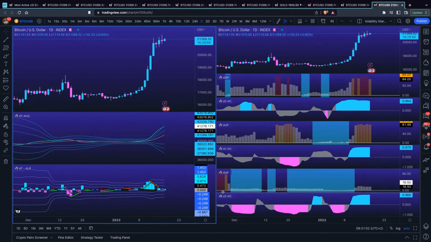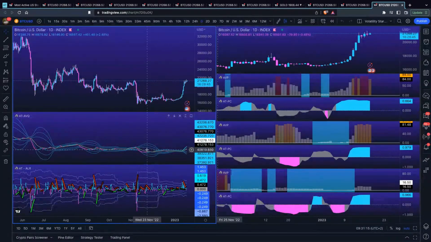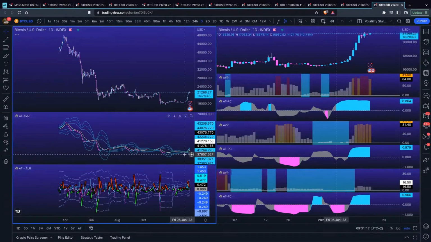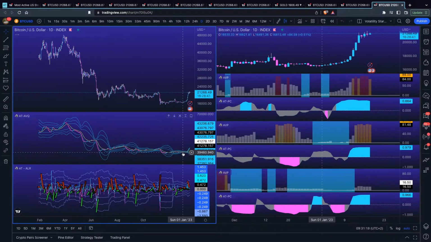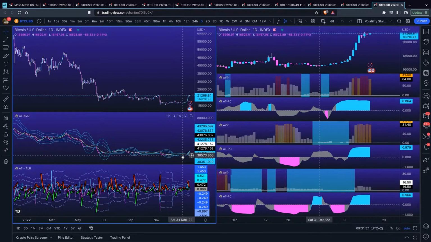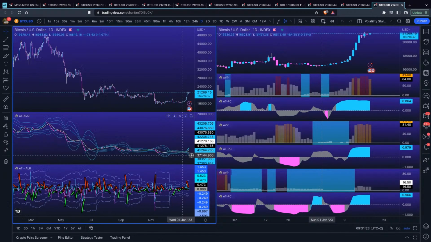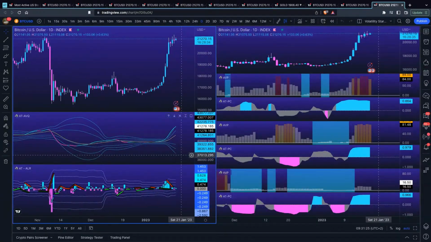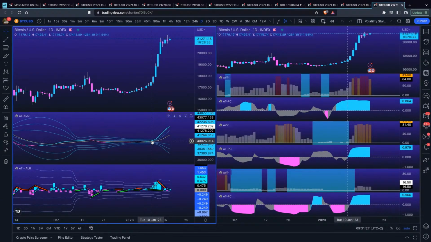And on this chart, we see some of the volatility tools. Here's the Alpha Volatility Quality indicator, and it's showing you that we had a significant rise from the beginning of the year, when it was a very, very crushed band of standard deviation bands around the AVQ. And you can see here that as it started to expand at the beginning of January, right around here,